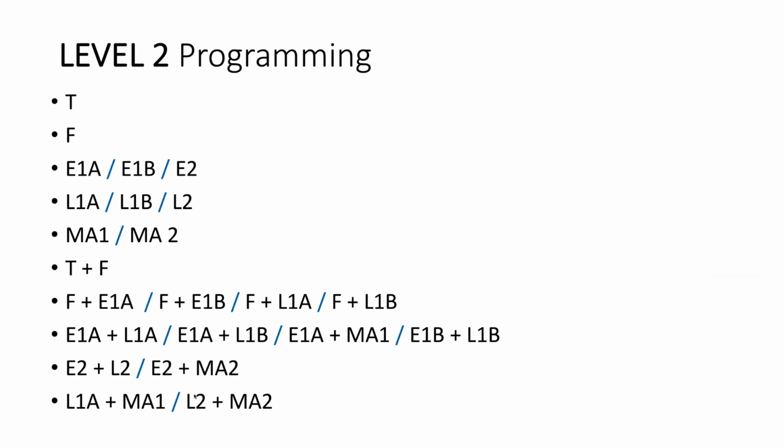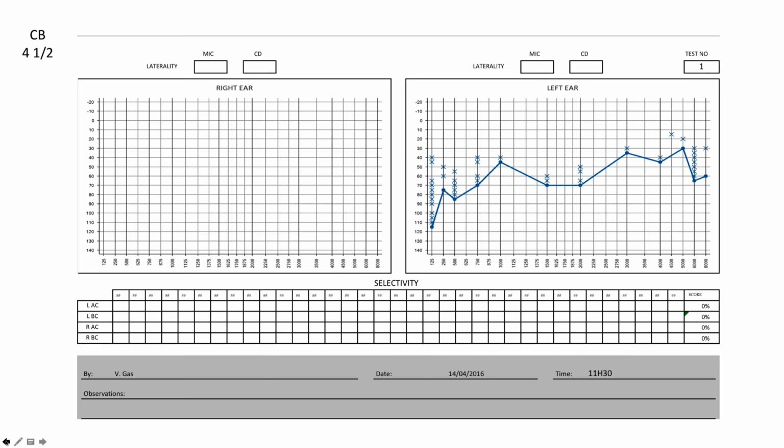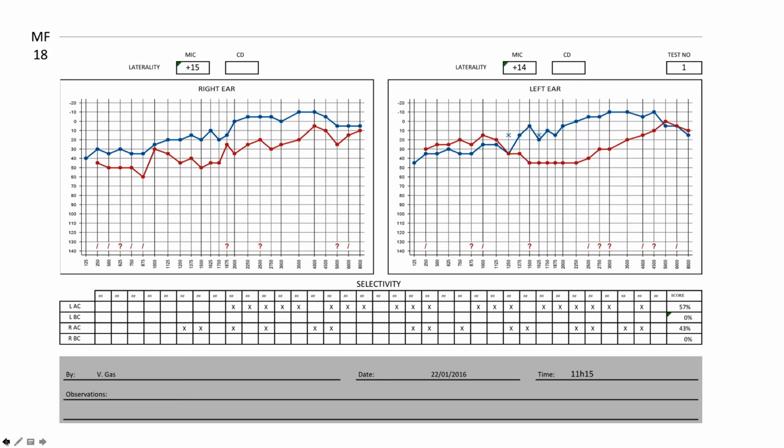So here the specificity is that we have the capacity to use mixed programs like F plus emotion 1A, and so on. So if I look back at my tests, I could imagine maybe I have a case where I could mix a program, but in most of the cases I look at, if I go back to my listening test here